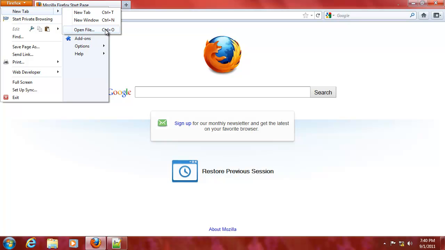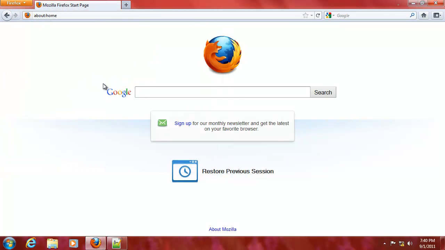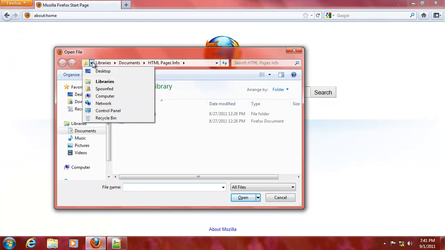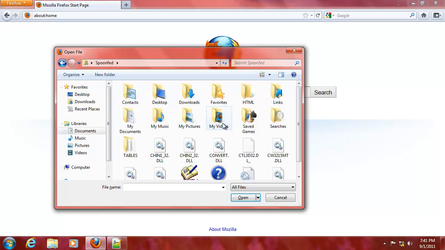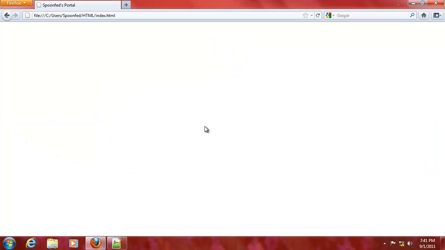I will do a series on browsers and just explain where you can find everything. That's far easier. So I'm just gonna, no, that's source code, it's not what I want. Open file, and we had it in our username, HTML, index, open. Now there's nothing here, but the thing is, the title tag will be that one, that part right